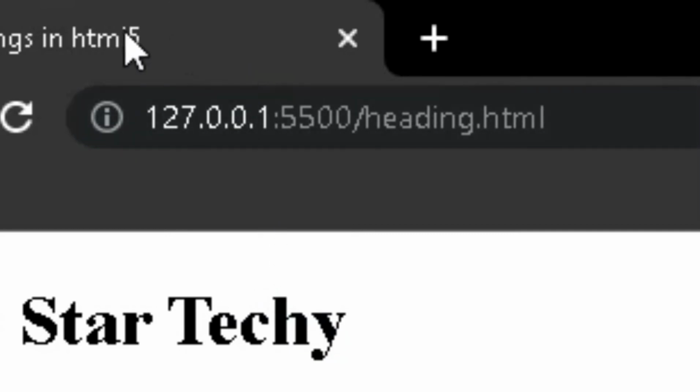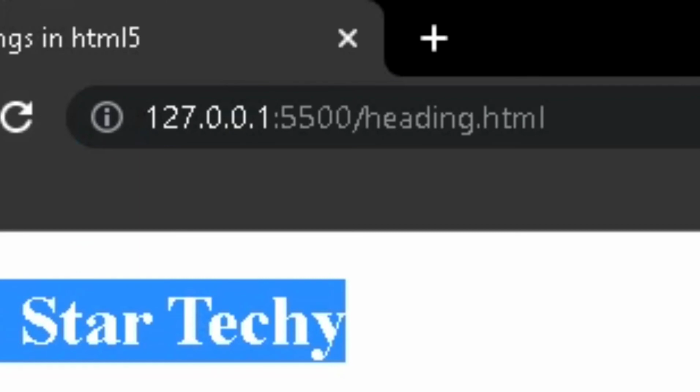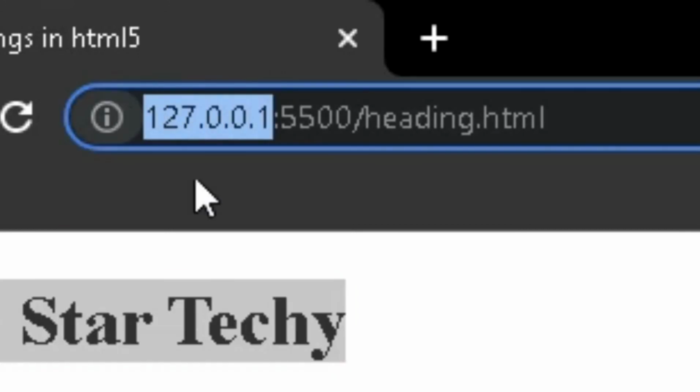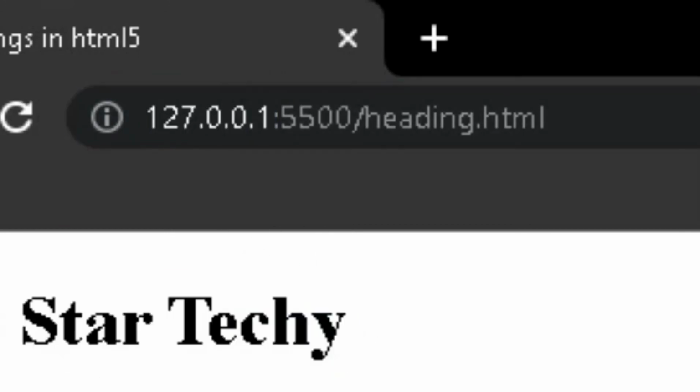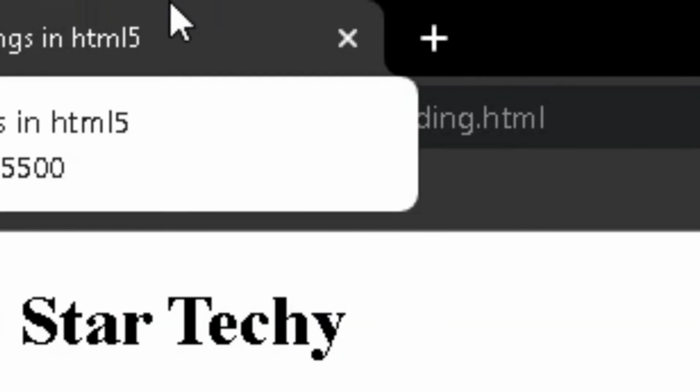This same IP address will only work on my device. So now if I copy this and open any mobile browser and paste this, it will not work, because this is my own device's IP address. This IP address will work only on my device, and on your device, your localhost will work. Okay, I hope you understood. This is called localhost. The IP address is the same for every device, but the functioning will differ for every device.